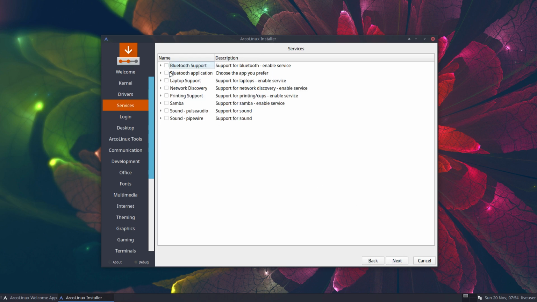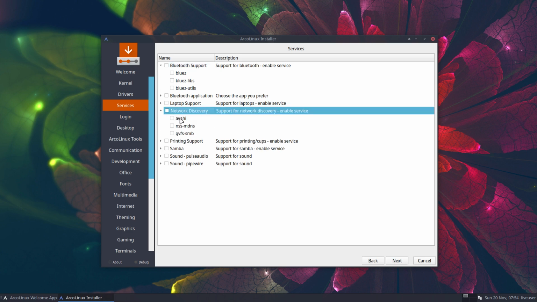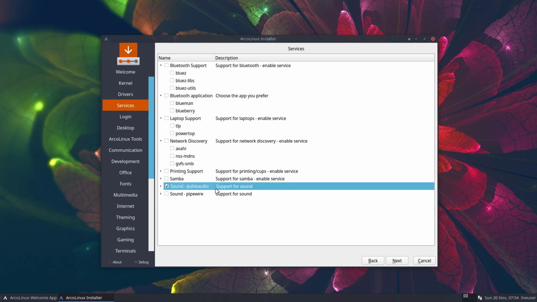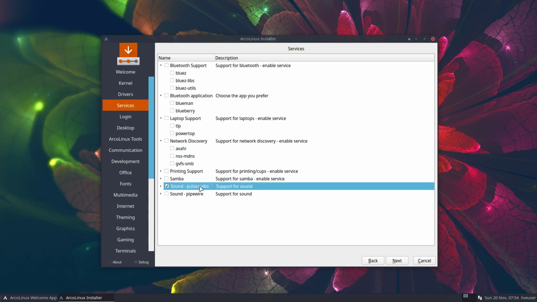Next, decide whether you want to have Bluetooth or laptop support or network. So these things, gradually and over time, you need to know all these applications and all these names, whether you want it or not. Music you're probably gonna want, right? So Pulse Audio for the tiny window managers, Pipewire for anything else. So that's what I would suggest, because the configurations, a tiny window manager needs commands. It needs everything. You need to tell it everything. And often what we do is commands for Pulse Audio. So that's the default. Next,